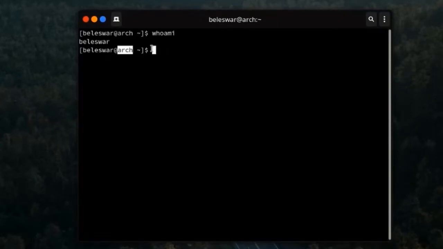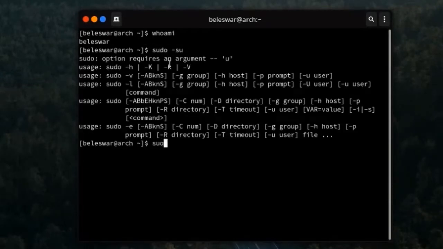And technically, the $ sign you see shows that you are the local user, not the root user. The root user is the admin of the system. He can modify anything, he can delete the whole system, he can do everything, as it has its own power. So if I switch to the root user,